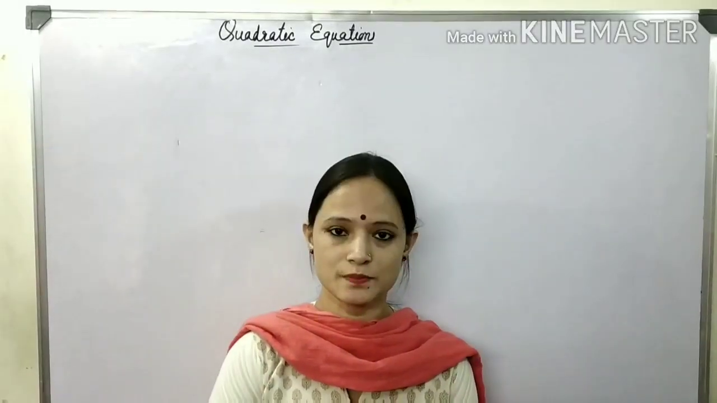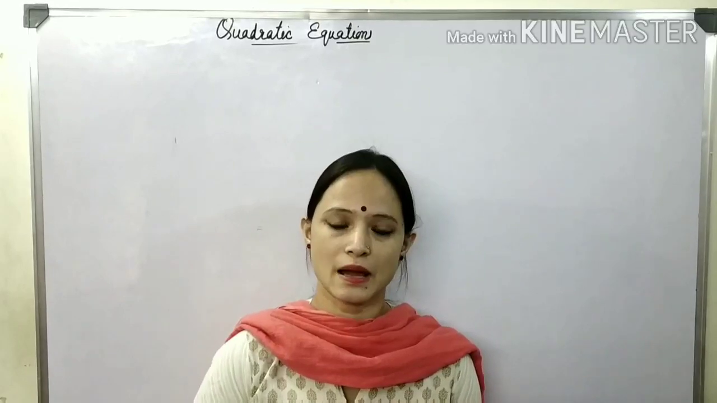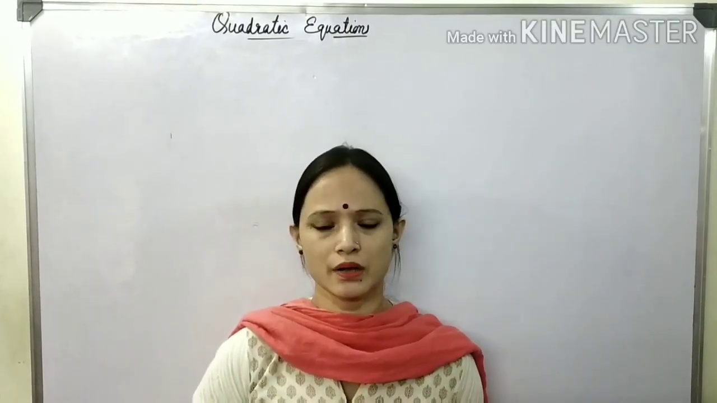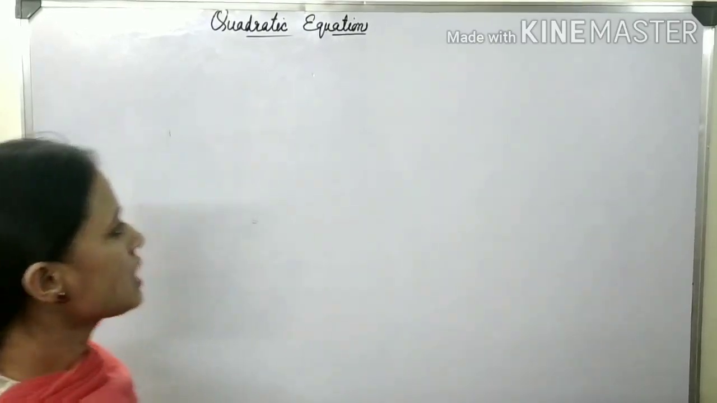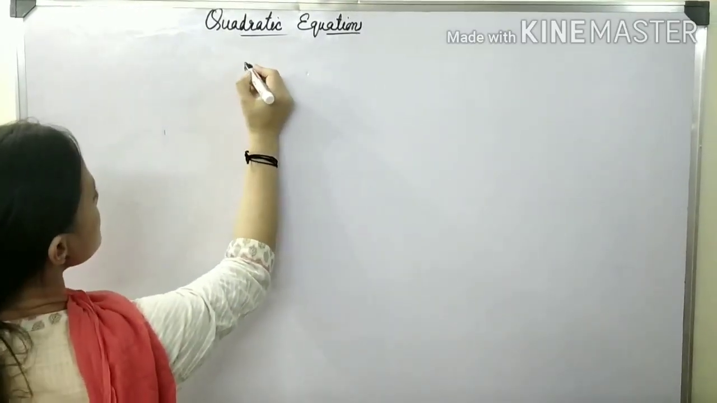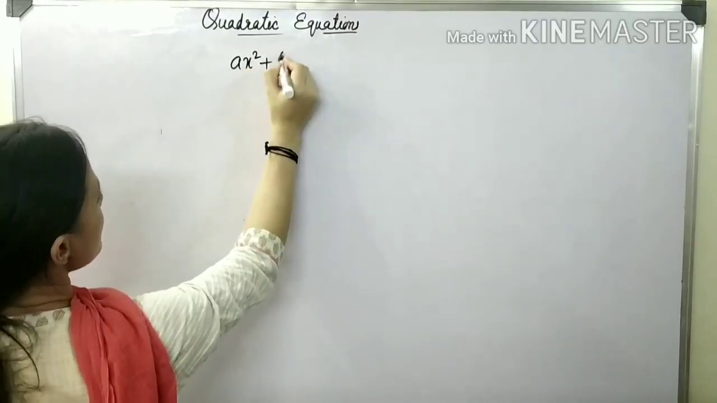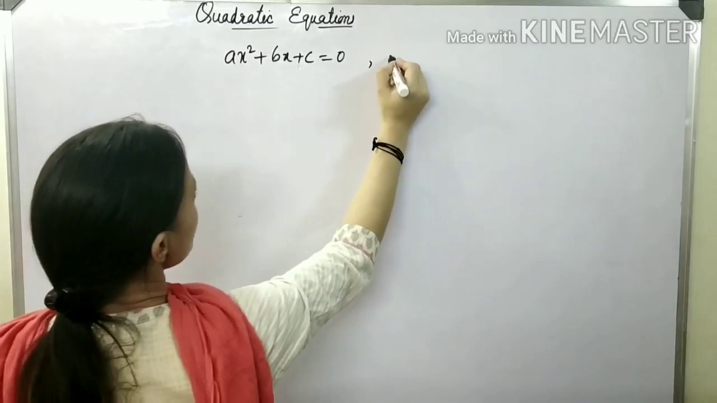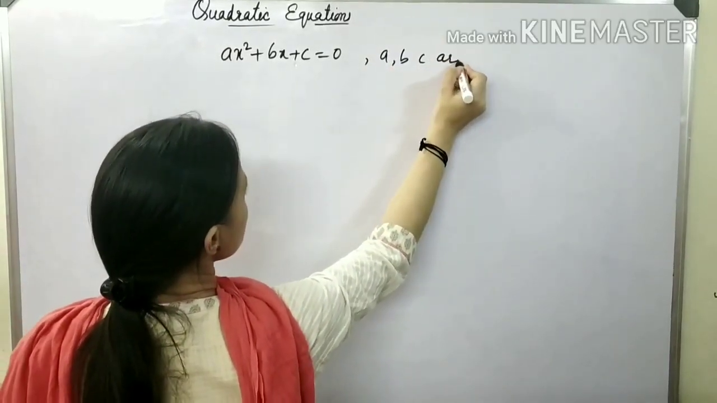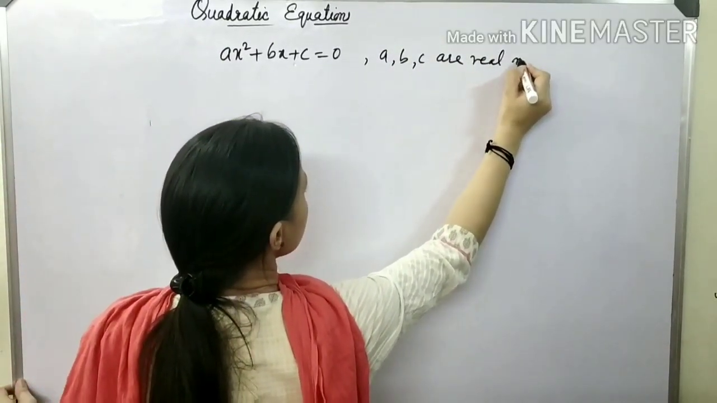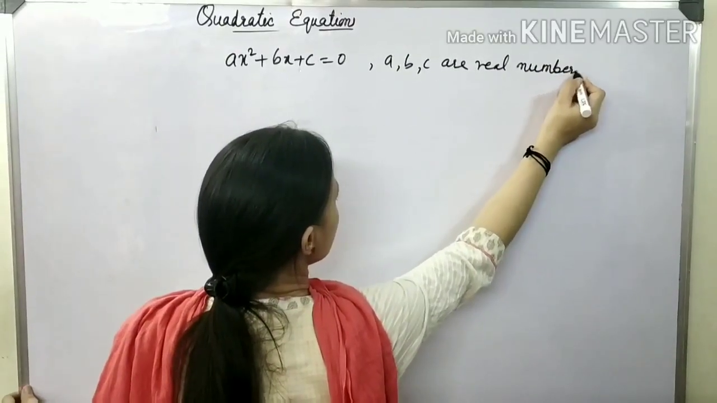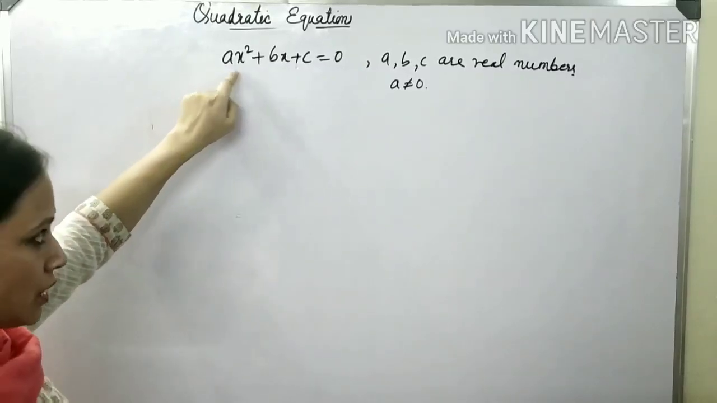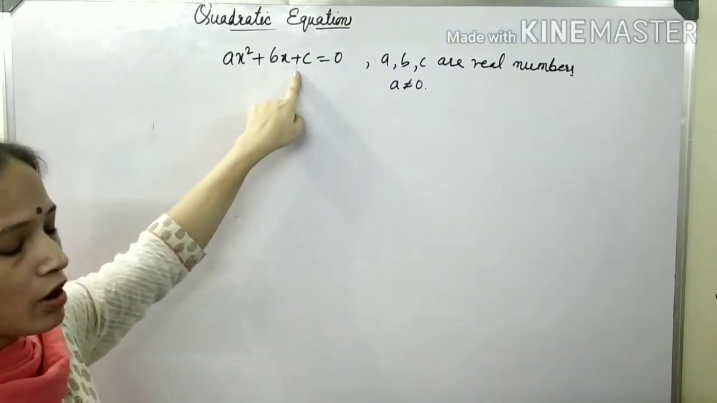Hello my dear students. Today we are going to start the next chapter, that is quadratic equations. And we already know what quadratic equations are. A quadratic equation, the standard form is ax square plus bx plus c equal to 0, where a, b, c are real numbers and a is not equal to 0, because if it were equal to 0, then it would not be a